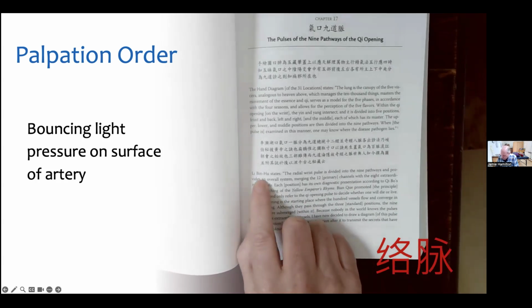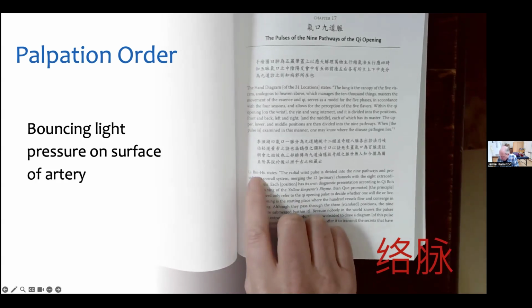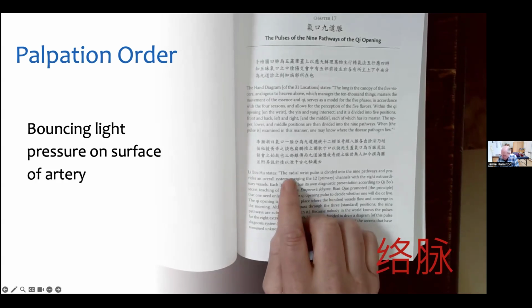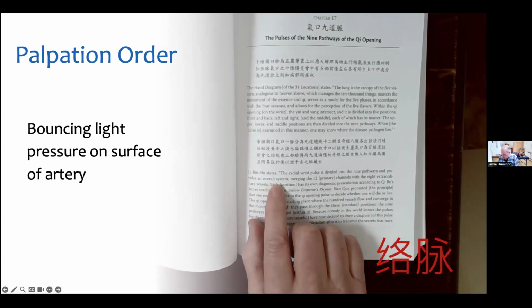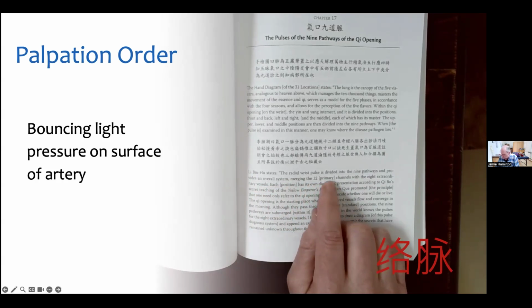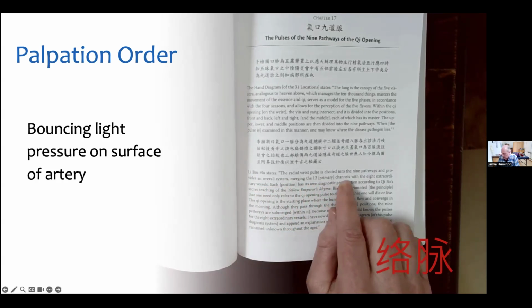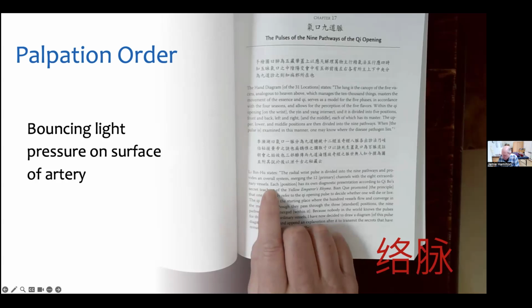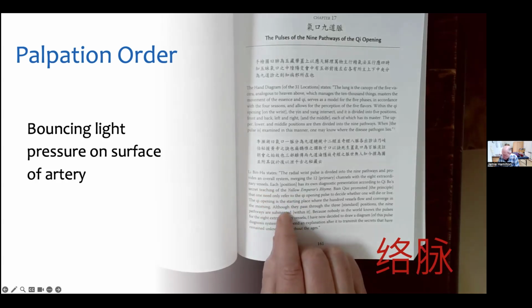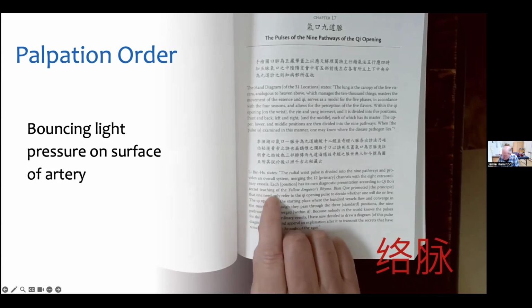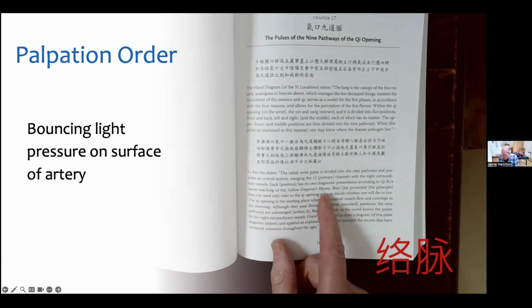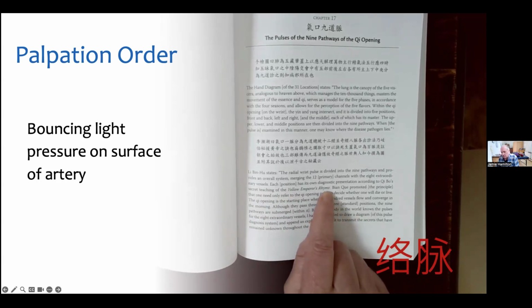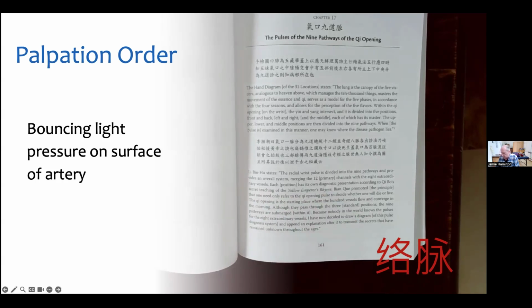And then the writer, Li, starts writing. It says the radial wrist pulse is divided into the 9 pathways and provides an overall system. And this merges the 12 primary channels, that's the Jing, with the 8 extraordinary vessels. Each position has its own diagnostic presentation according to Chibo's secret teaching of the Yellow Emperor's Rhyme. So in the book I just read, they think that this is a text that is lost, and that was the origin of this system that is then recorded in the Mai Jing.